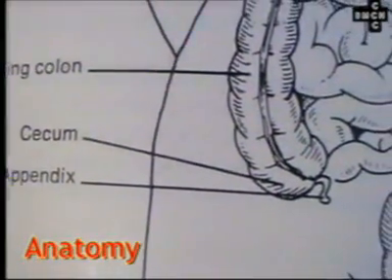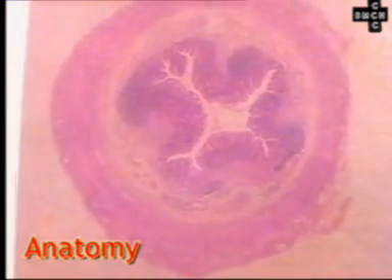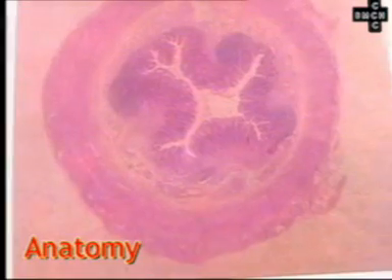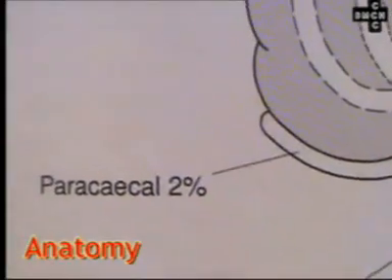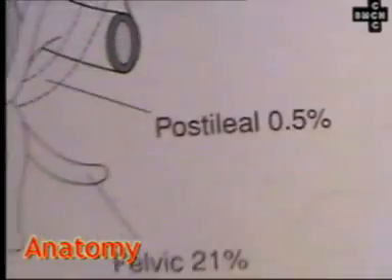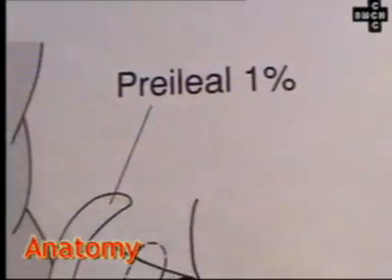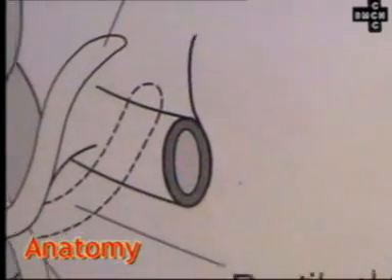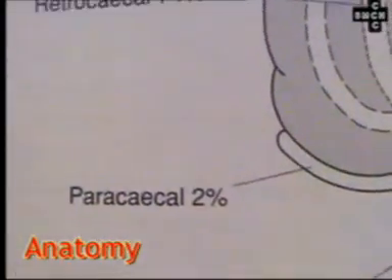The appendix is a blind muscular tube found in humans, certain apes, and an Australian marsupial called the wombat. It is found near the ileocecal junction and reaches its adult size by 2 years of age. The appendix is found in the retrocecal position 3/4 of the time. The pelvic position is the second most common. The other positions are pre or post ileal, para or subcecal positions.